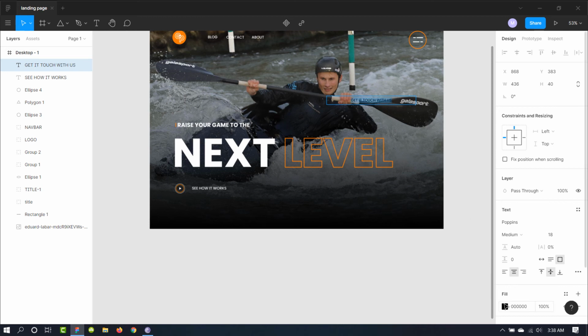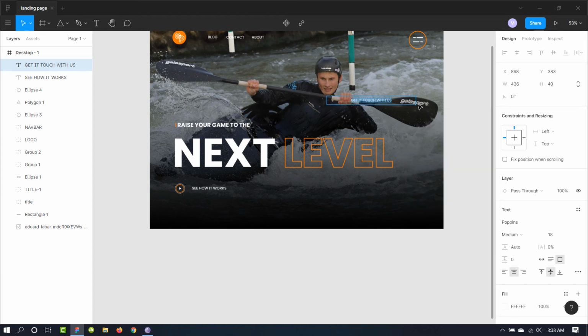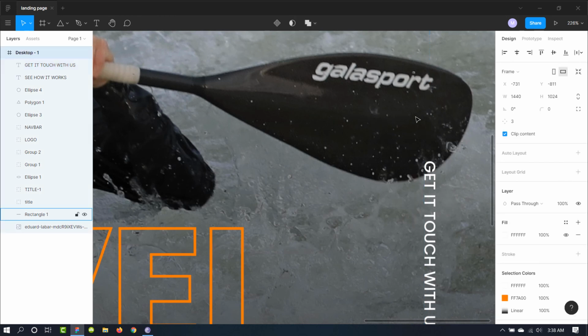Let's make the color to white and let's rotate it. So the value will be in -90 degree. This is it. We can reduce the box size, place it here, but we are going to deal with the